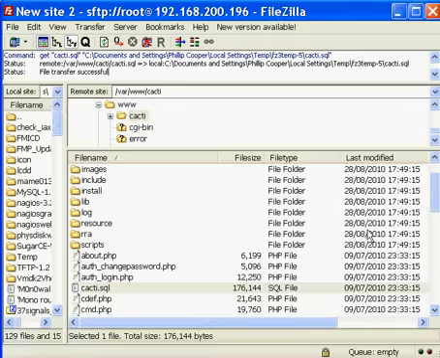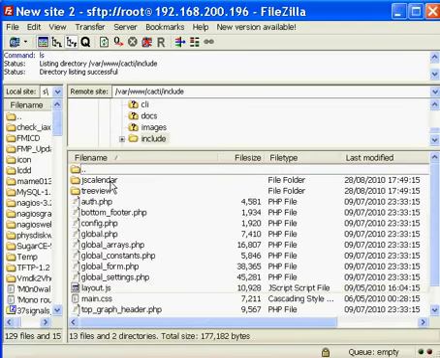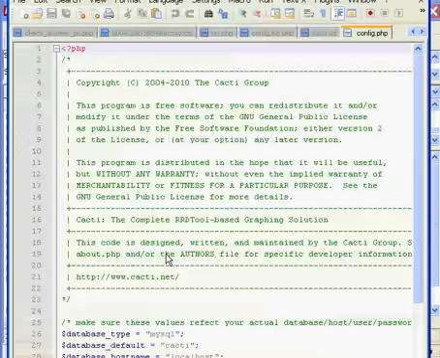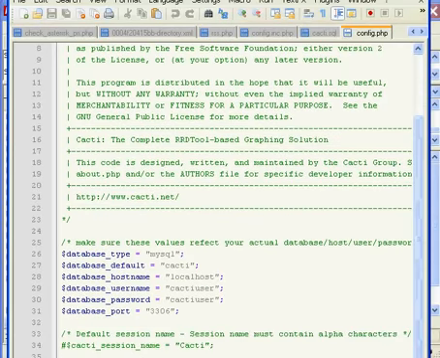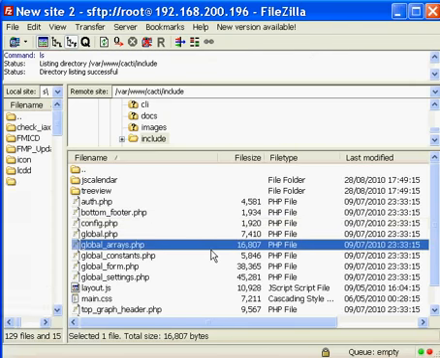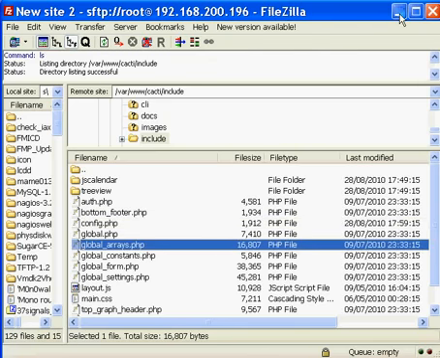FileZilla backup and go into include and config, and on here what we want to do is type in the username and password. So it's going to be cacti and cacti. The database is cacti and it's going to connect to the localhost. We'll save that and upload it and just refresh that just to make sure it's there, and then we'll load